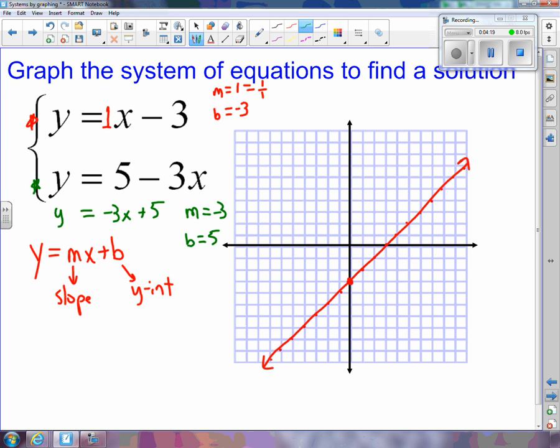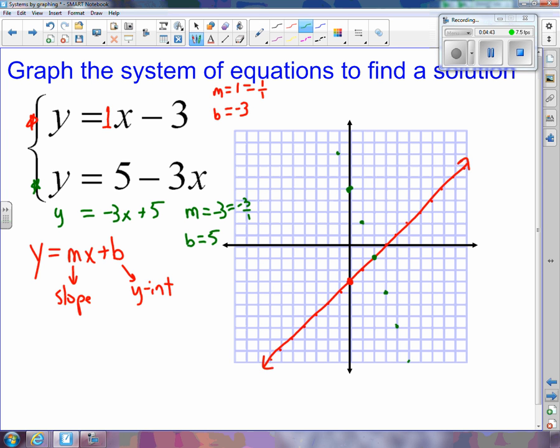So to graph this line, I go to my y-intercept first. That's 5. And then I follow my slope pattern. -3 as a fraction is -3 over 1. So I go down 3 over 1, down 3 over 1, and so on until I fill up the entire